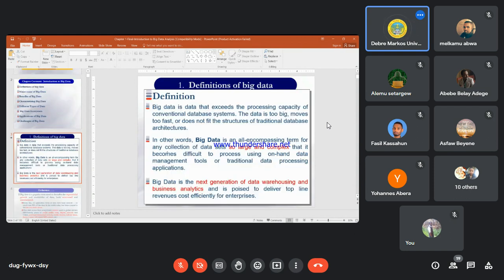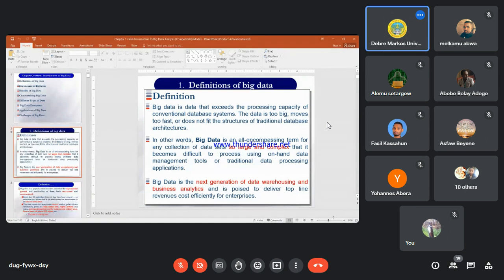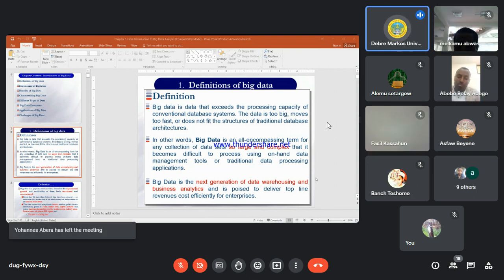Now, whenever we start from the first chapter, it starts from the definition. Big data means too big or too huge data that moves too fast and does not fit with the traditional processing technique.